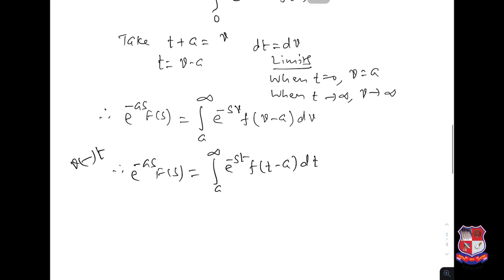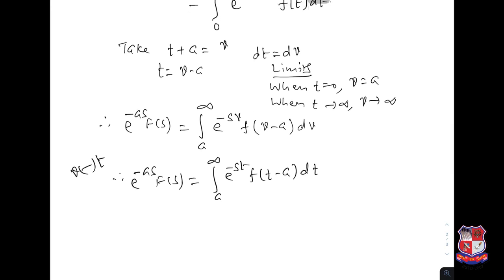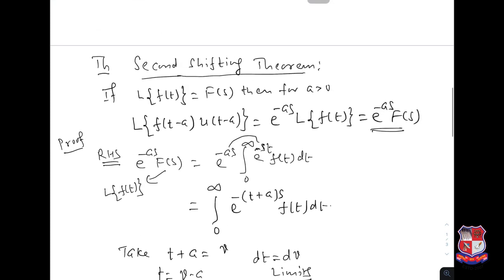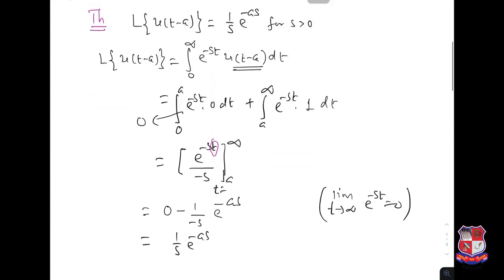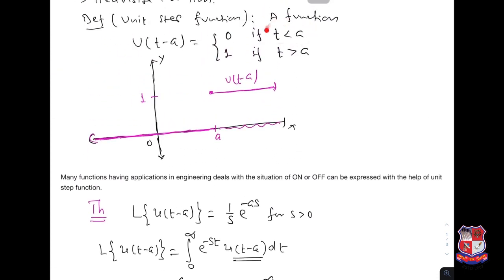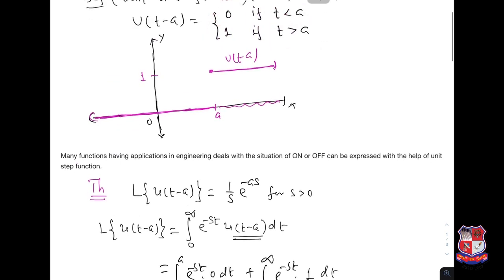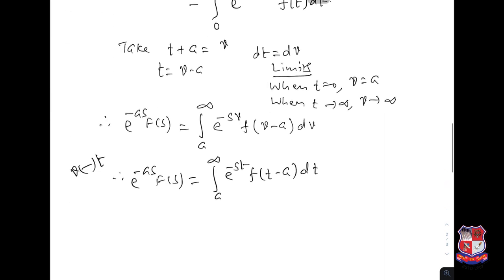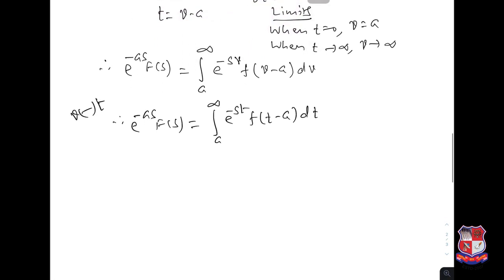Now see here, we have integration from a to infinity, and our function is defined like u of t minus a: when t is less than a, the value is 0, and when t is greater than a, the value is 1. So the same thing we can very easily write now, instead of a, as 0 to infinity,